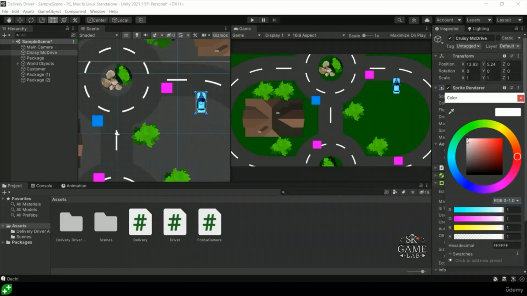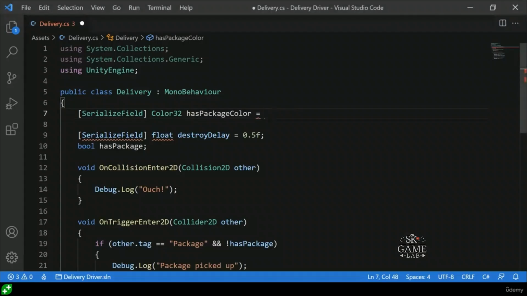That's going to be anywhere from 0, which you can see if I drag it all the way down to black, that's going to be 0 on all the values, all the way up to white is going to be 1 on the values, and somewhere in between is going to change on the particular red, green, and blue. So it's from between 0 and 1, which is a little bit friendlier for the computer to understand. So if I jump back over into my script here, we need to give it a new color,